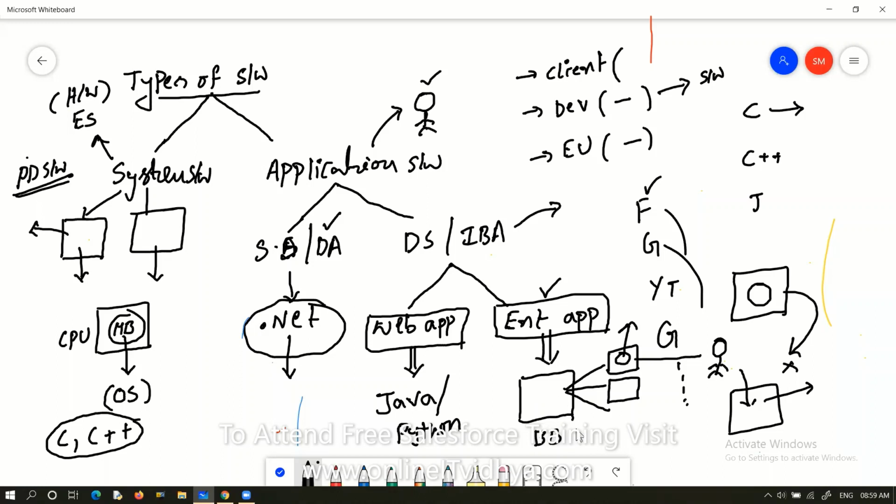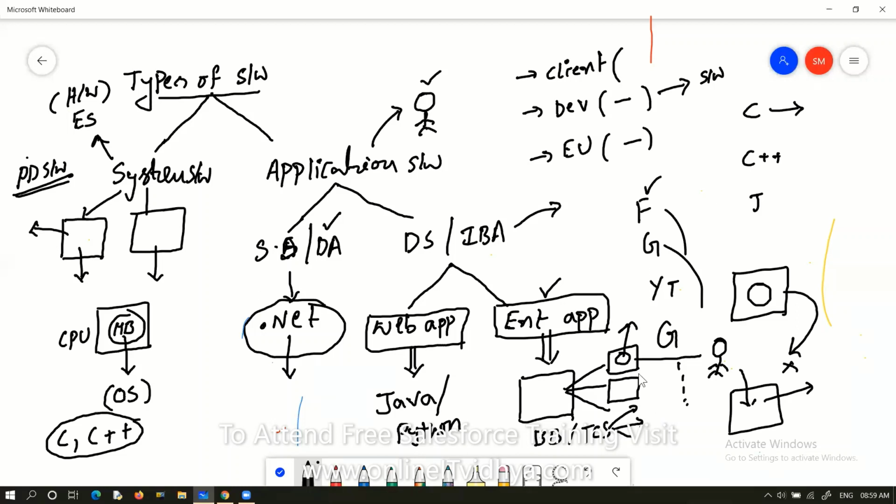Or if you take any company like TCS, all the employees of TCS use their own internal applications, their own internal mailing application. They won't use Yahoo Mail or Gmail.